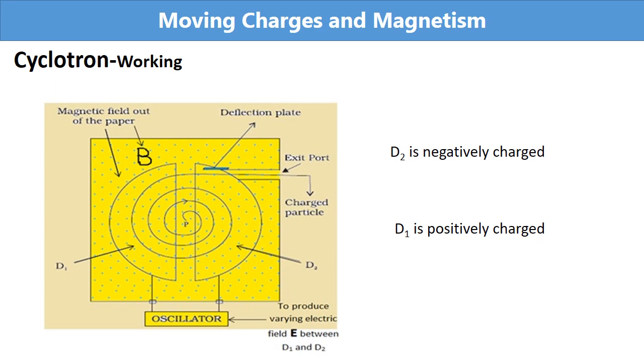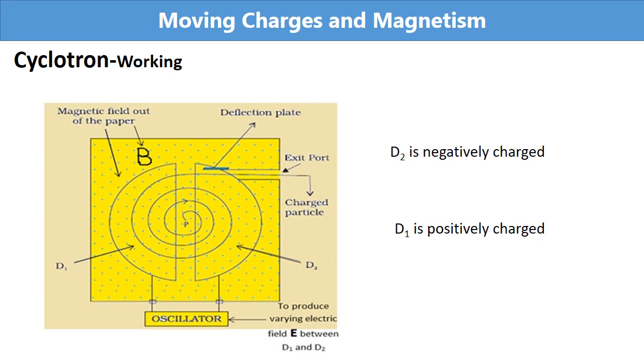After completing the semicircle, it enters the gap between the Ds. At that time, the polarities of the Ds will change. Now, the proton is further accelerated towards D1 because now D1 is negative. Then it enters D1 and again describes the semicircle due to the magnetic field which is perpendicular to the motion